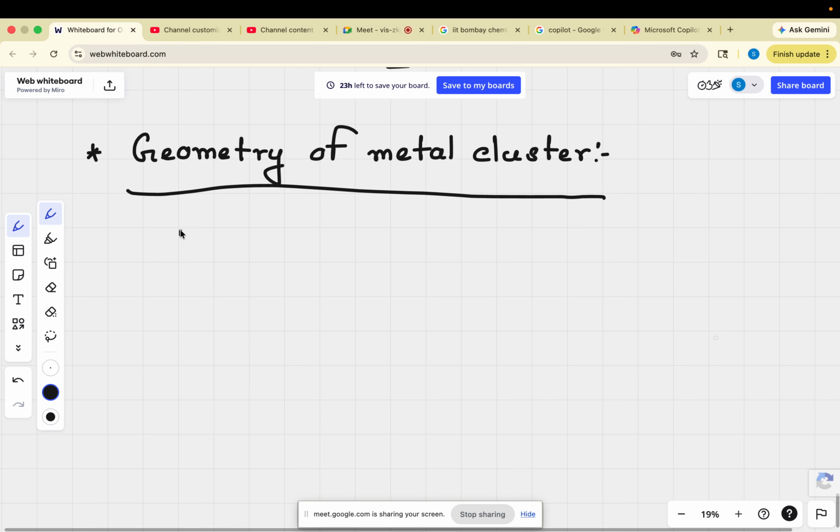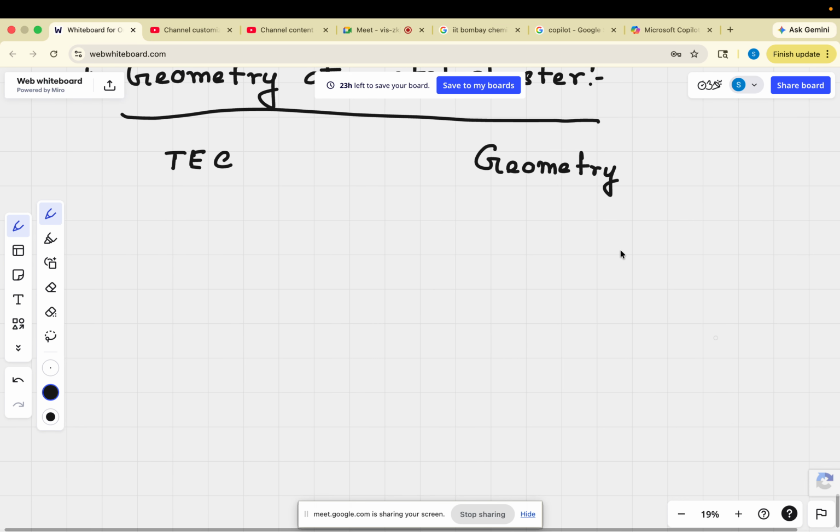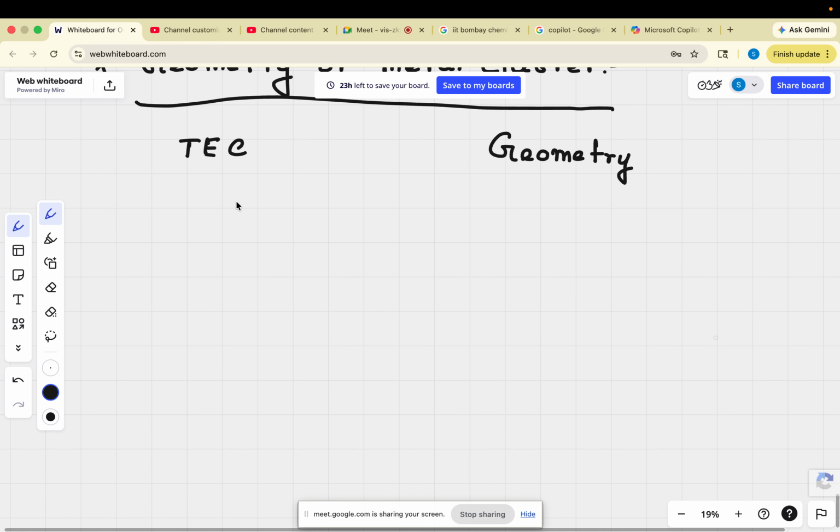Write down here, that is a table, so you have to remember this basically. So TEC, and here write down the geometry. Suppose your total electron count is 18. That time the geometry will be